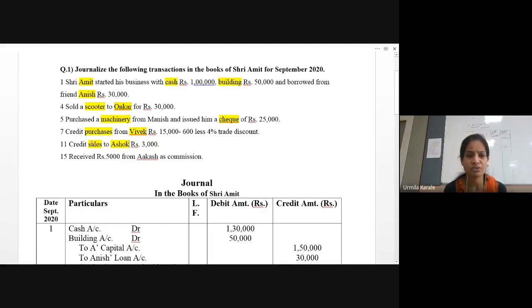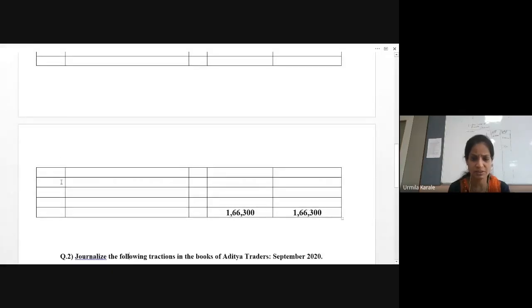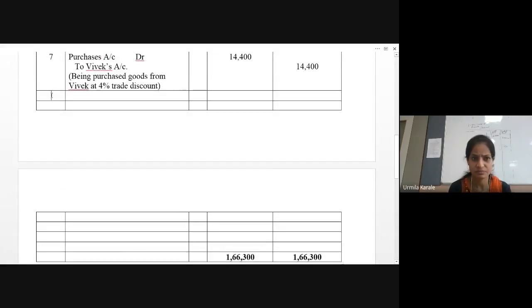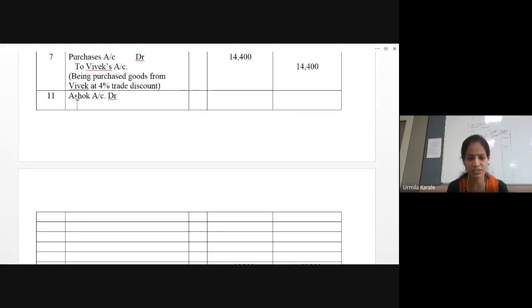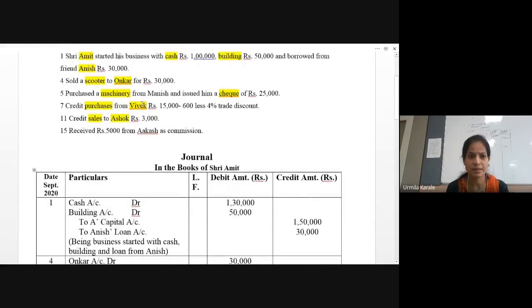So now here, when you sell, it is an income, goods going out, credit effect, and this Ashok is a person who receives it. When you are selling, he'll receive it. He is a receiver. Ashok's account debit to sales. Date 11, I'm writing it here. Ashok is the receiver, debit the receiver. So Ashok account debit. Next line, write down the account which got credited, keep certain space. So to sales account. Find out the amount of transaction, 3,000.